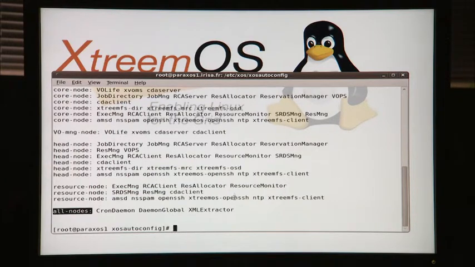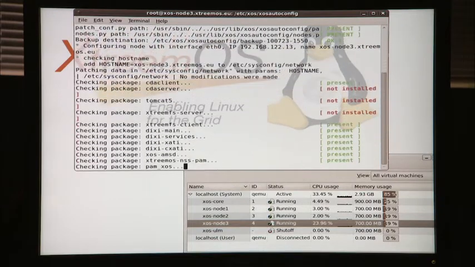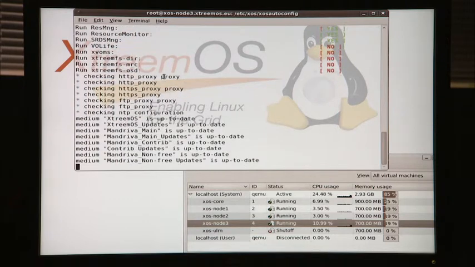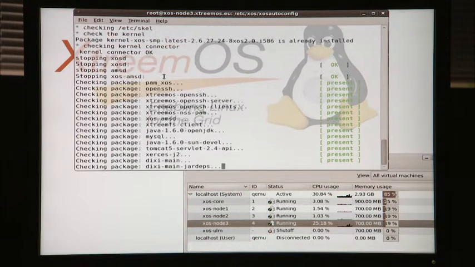Many of these services are connected to a kind of system bus, and in fact all nodes need to run these three services which implement the operating system bus. Once all these files have been defined, we just need to run the XOS autoconfig tool. And this tool first checks, from the list of services requested for the node, the list of packages that need to be installed. It checks that these packages are installed, and